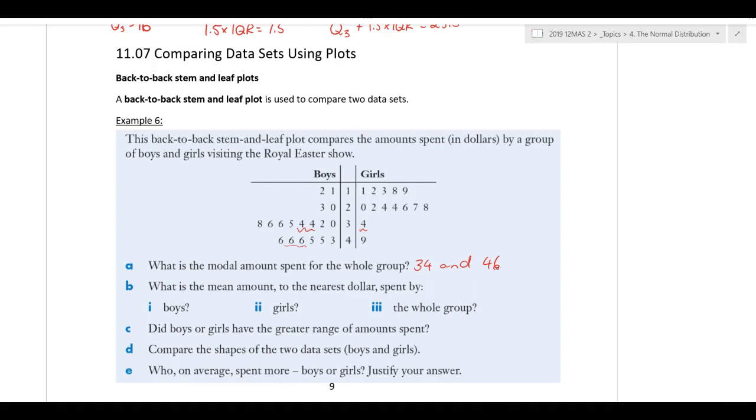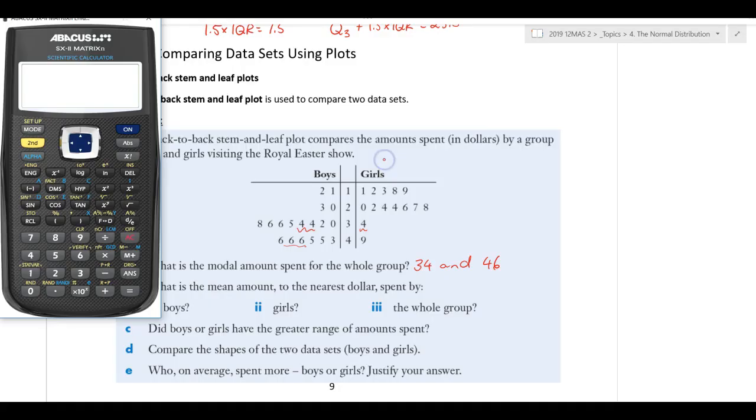Right. What is the mean amount to the nearest dollar spent by the boys, the girls, and the whole group? To do this, I'm going to have to drag out the calculator. So, here's the calculator. Clear it, turn it on. Make sure we reset everything. Second function 93 equals AC. Mode